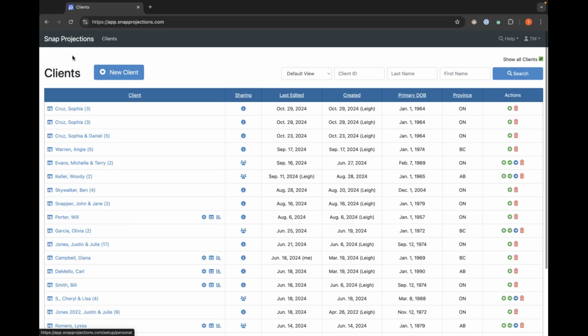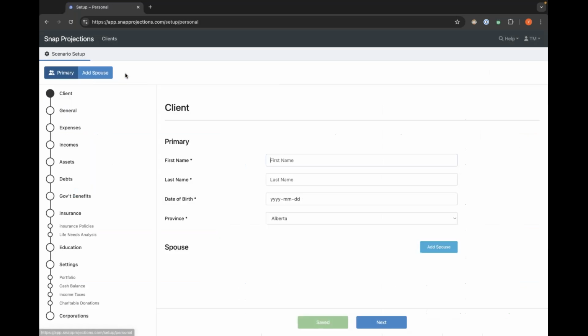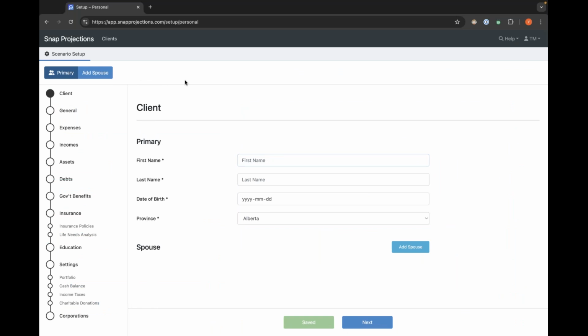I am now within Snap Projections. And this is my homepage where we have a list of all of our clients. And by the way, over here on the top is the help button that I was referring to previously. To create a new client, it's as simple as clicking the largest button on your screen, New Client. And today